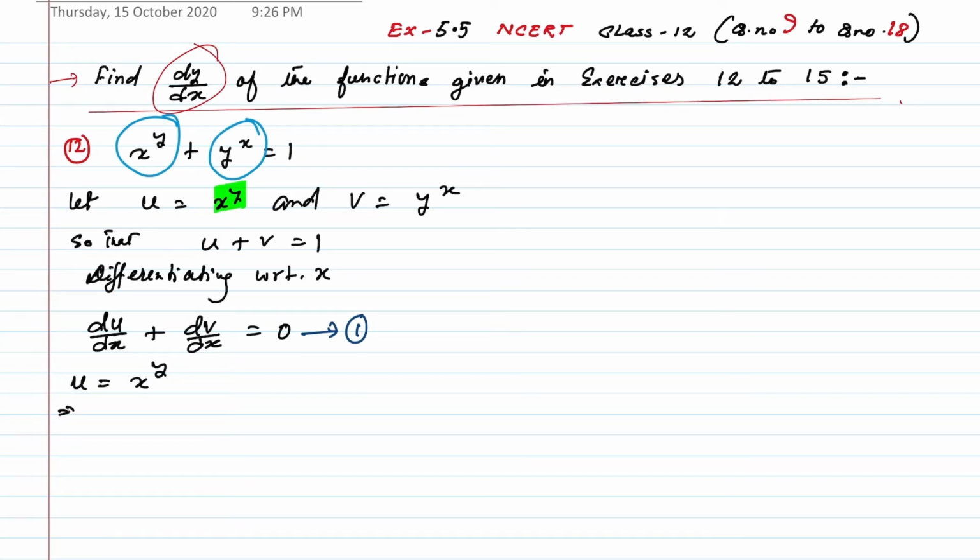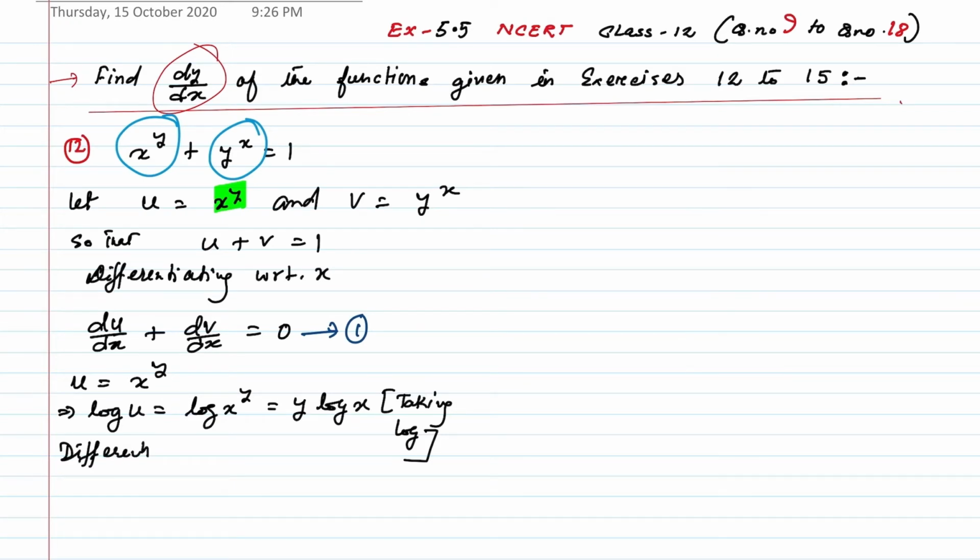Here log of u will be equal to log of x to the power y, and using the property of log, we can write y into log of x. Okay, so taking log, now if we differentiate with respect to x,